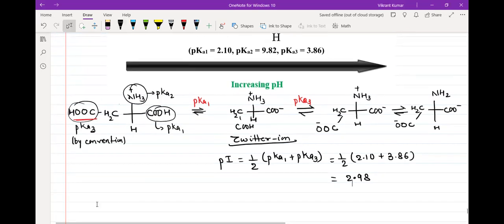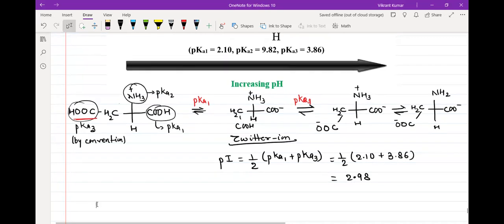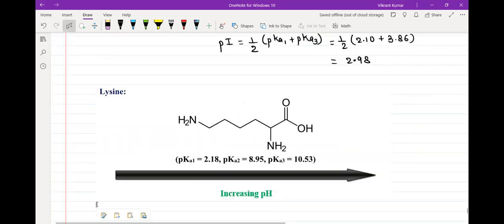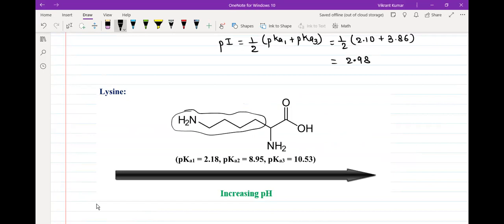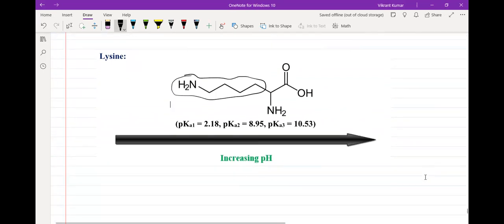So if I give you the last case in which the NH2 group is present in the R, देखो ये वाला part जो है ना, this is R, है ना? And that is having NH2 involved in it. Now, if I ask you what will be the dominant form in the low pH and then intermediate and then high pH, सबसे left में जो आएगा low pH range में, we still have got COOH, we have got hydrogen, एक NH2 है, और यहाँ देखो